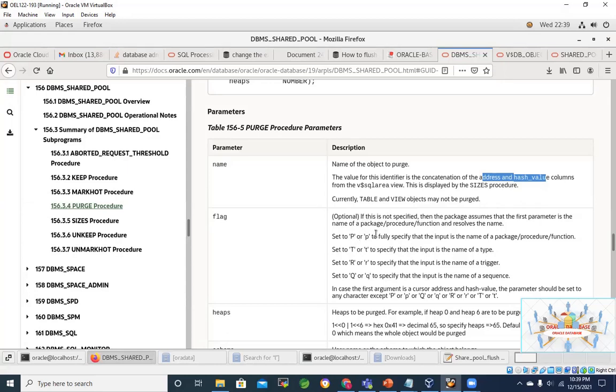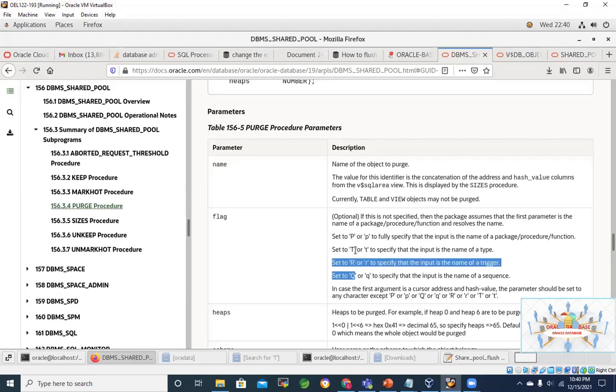The flag: in case the first argument is a cursor, because our case is just a SQL statement, it uses a cursor. The parameter should be set to any character except P, Q, R, S, T, because those are for different usages. P is for package, T for type, R for trigger, and so on.